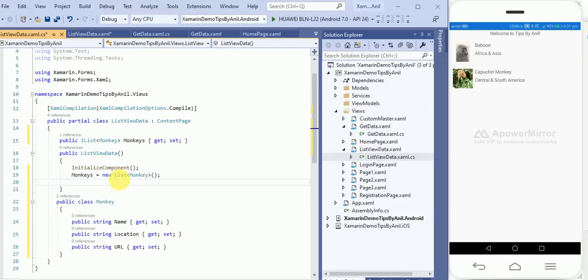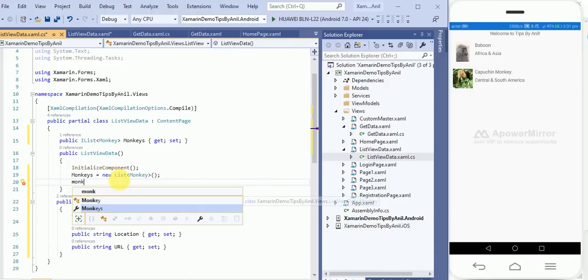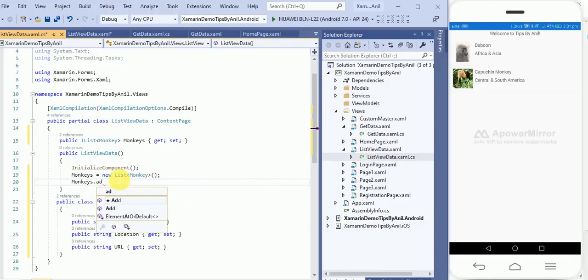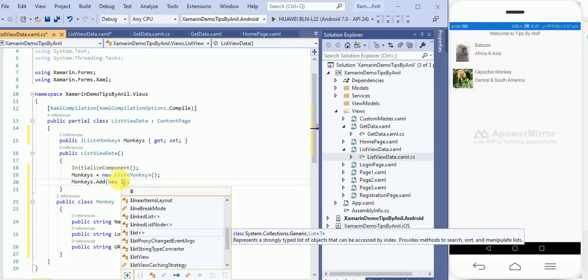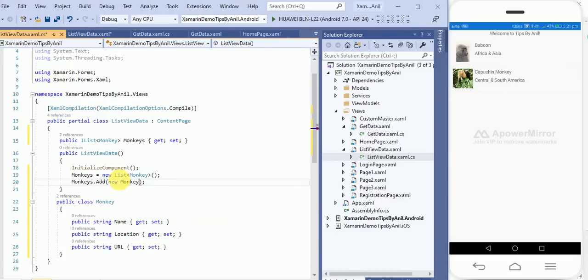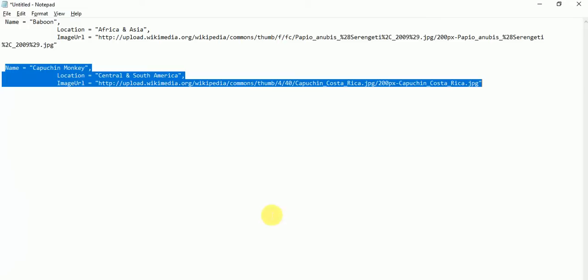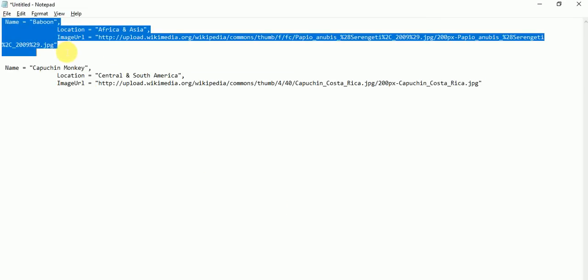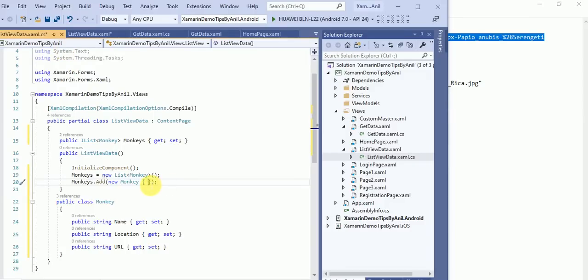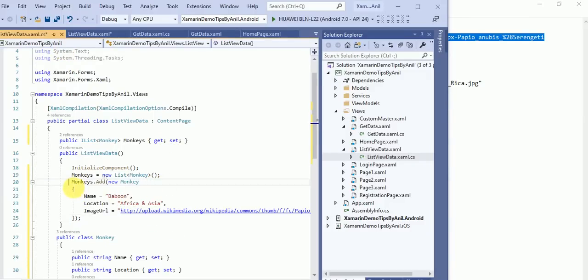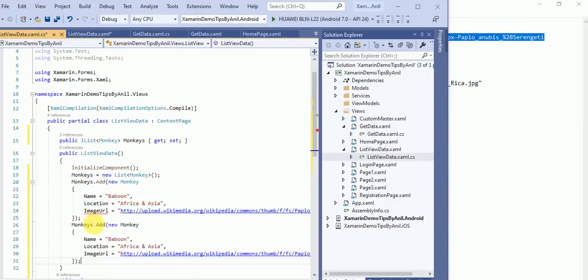In the class we have to add some data to populate in the list view. So here, new Monkey. Cool. Here you can see Location, Name, and ImageUrl. I already have some data, so I will copy this data and add it here.